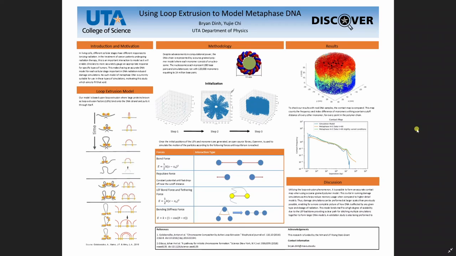Now, these loop extrusion factors are dynamic, meaning they're able to bind on and bind off, and they have a certain residency time for which they stay on the DNA. But the number of loop extrusion factors in the simulation stays constant, because when one unbinds, it rebinds somewhere else randomly on the chain. Since these loop extrusion factors are so large, they could eventually extrude to the point